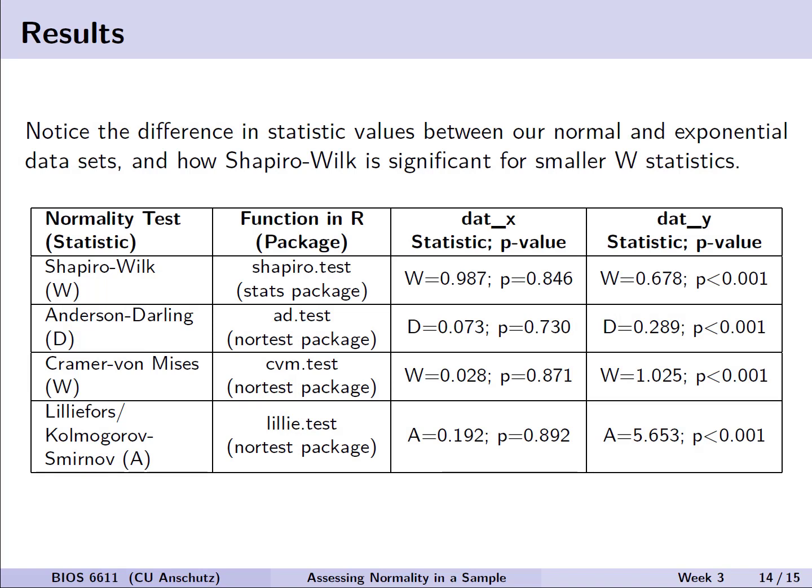And so here we see the 4 different tests looking at normality, the function in R and the package it comes from, where we can note the Shapiro-Wilk test is a default function, and the other ones can be found in the nortest package or in other places as well. And what we can see is that they're all testing the null hypothesis that the data is normally distributed. And that's what we're then looking at the p-value to see if we reject that null hypothesis. So again, if our H0 is our data is normal,